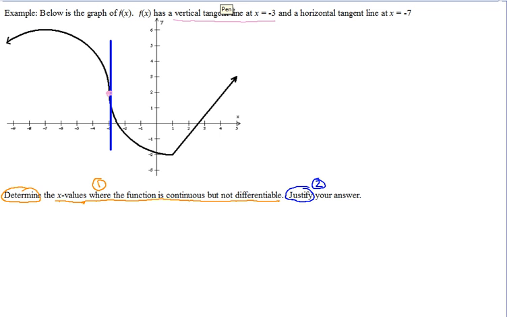And so that's one place we know it's not differentiable. So we can say f is continuous but not differentiable